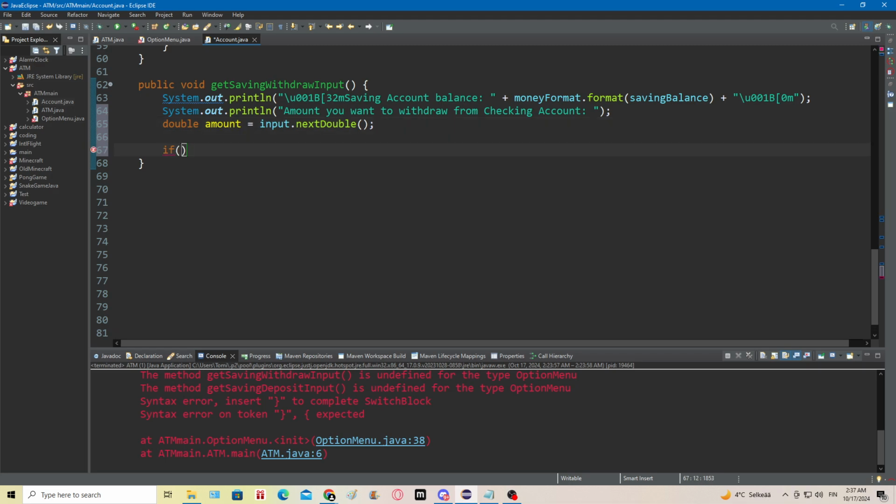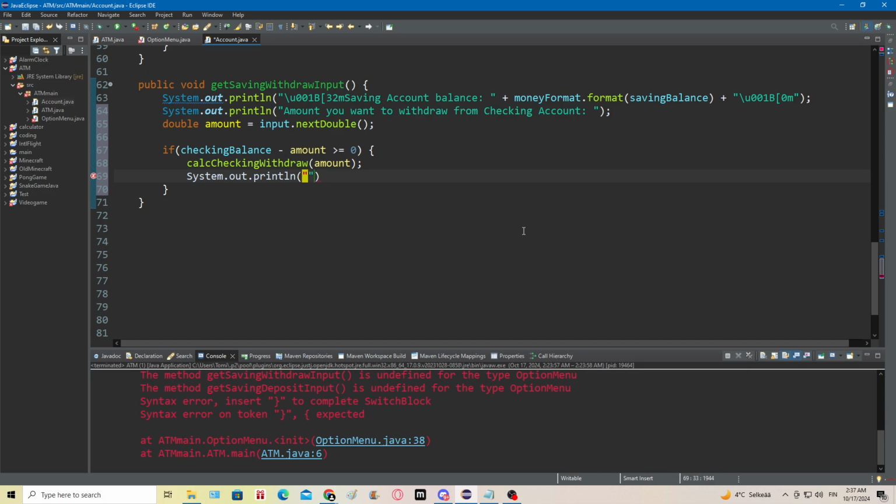So if checkingBalance minus amount is smaller or equal to 0, we will say calculateCheckingWithdraw and the amount, and then System out println,